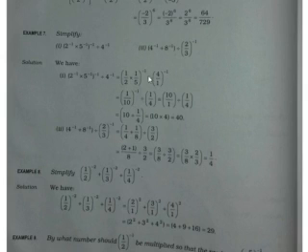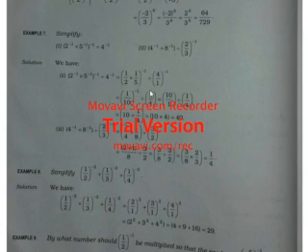So what happened in the multiplication: numerators are multiplied, so 1 into 1 is 1 and 5 into 2 is 10. So 10 raised to the power minus 1 divided by 1 by 4 raised to the power minus 1. When the negative power is changed into plus, it becomes the reciprocal, so 1 by 4.